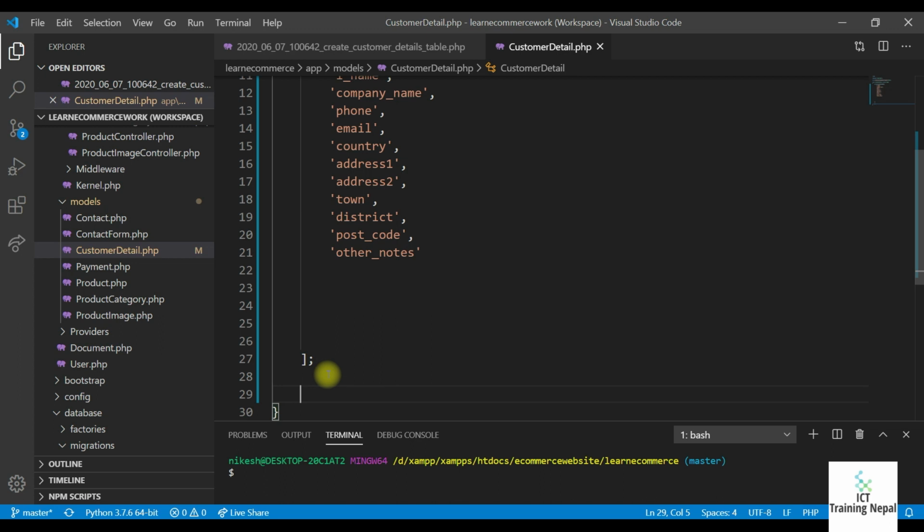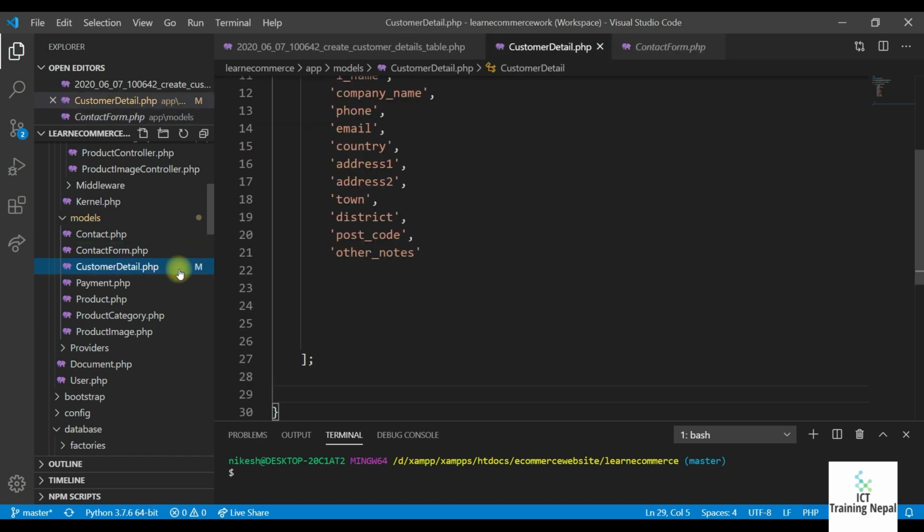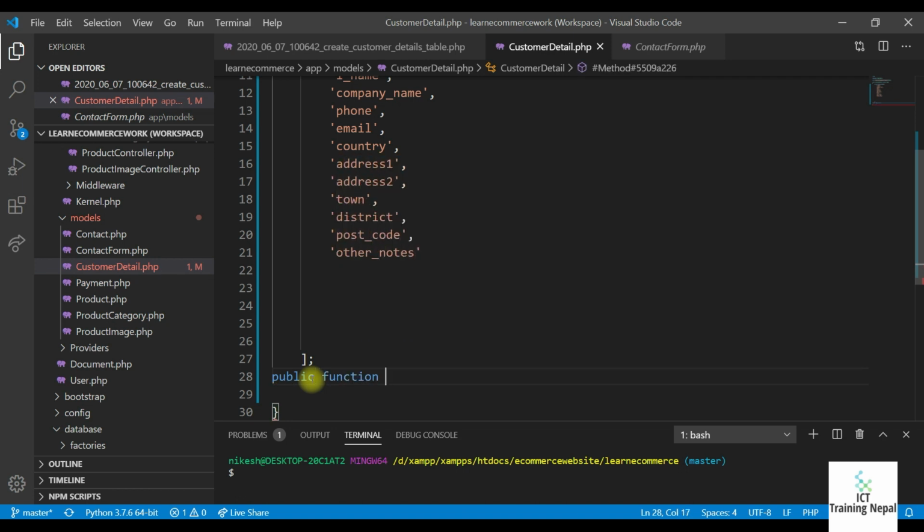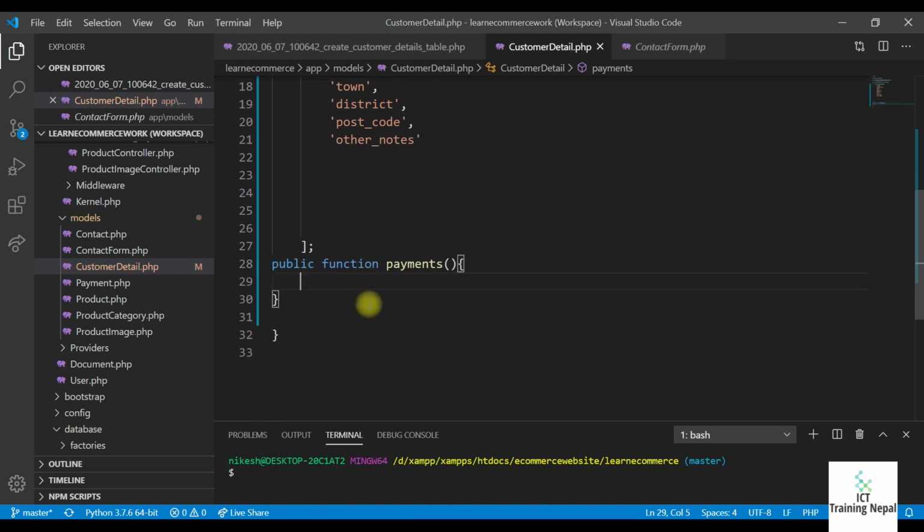What I'm going to make now is one thing you have to make also. The other thing is the payment is connected with the customer, right? So let's go and make public function customer payments. Okay, so payments. So we have these payments. Okay, so public function payment. I have made one function here, so in this payment, first of all, return,